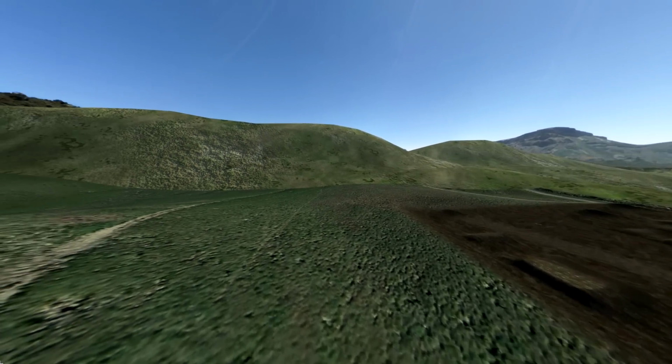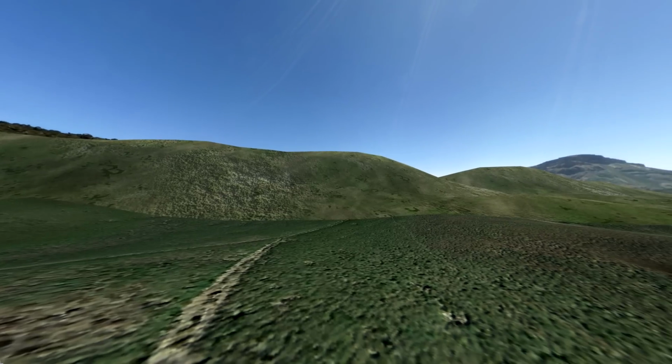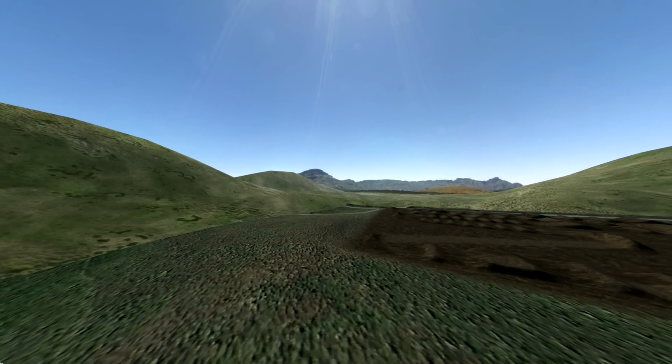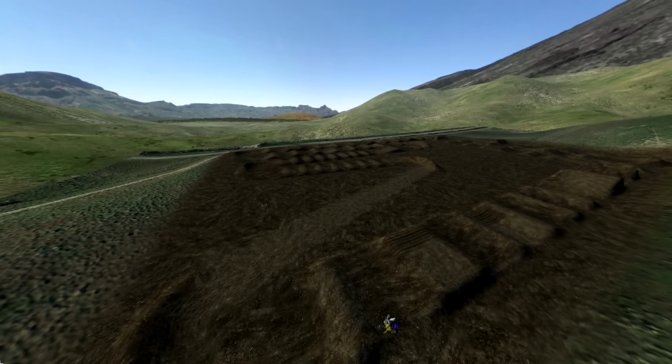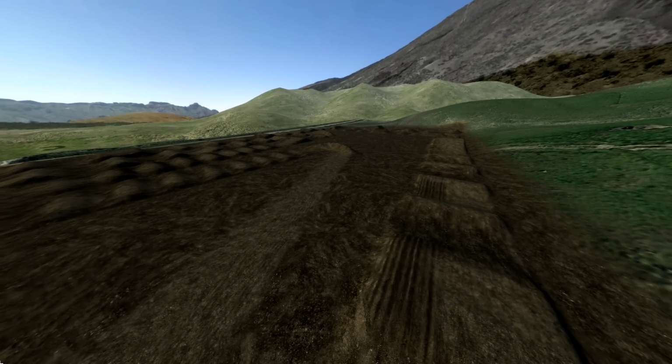Even though it's pretty basic in a sense, it's not just like one thing. It's not just one skybox of a mountain or whatever. It's actually got multiple layers and levels to it there. But as an overall track, I would probably give it a